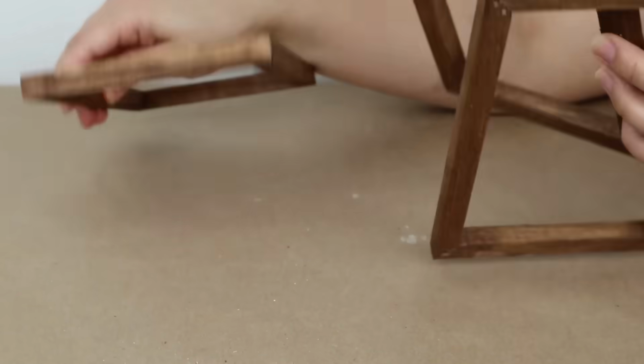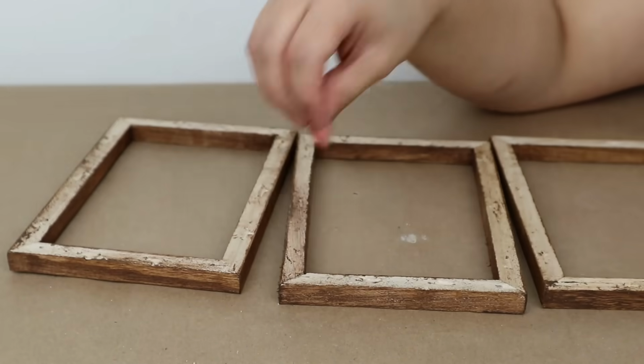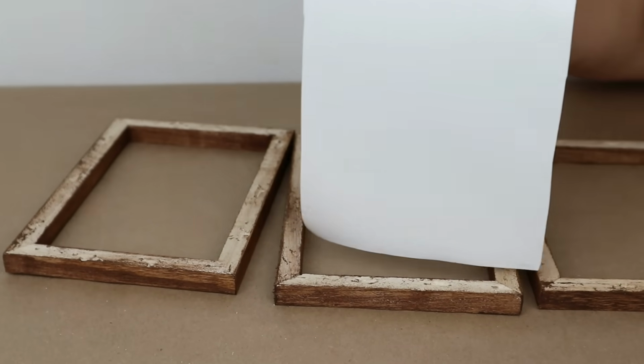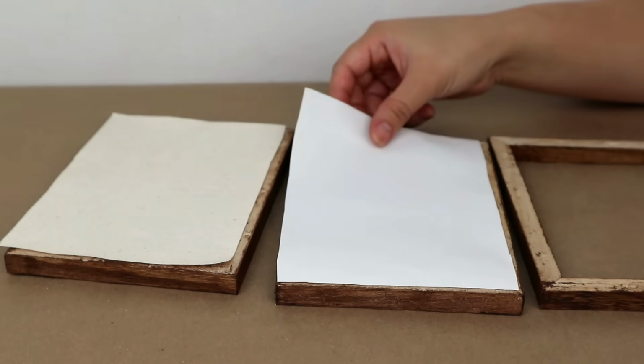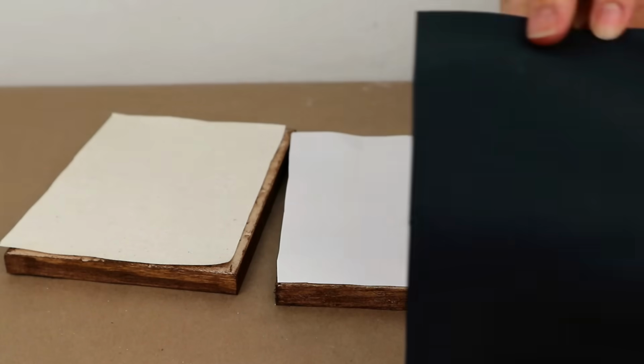Once the paint is dry, I will place the fabrics behind the wood frames, and you can glue them with hot glue if you want, but I'm going to be using my stapler just because it is going to be stronger,